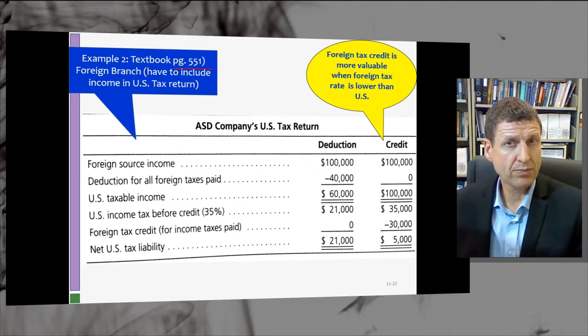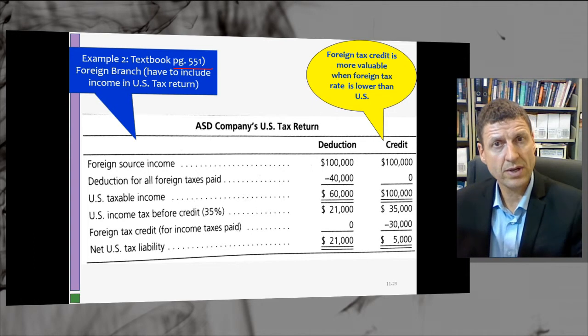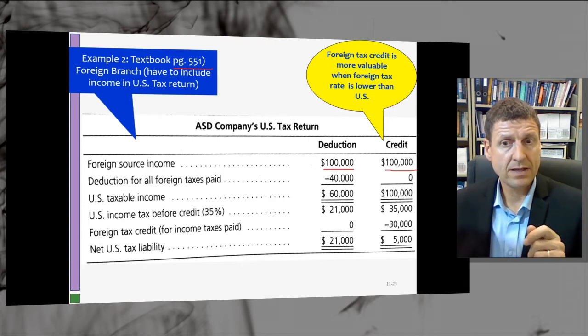Again, this is a foreign branch of a US parent company. What does that mean? Under US tax law, a foreign branch's income is basically the US company's domestic income, and it's added up. That's why understanding how to get a credit, whether it's a deduction approach or a credit approach, is very, very important. So we have a foreign source income of $100,000 in both, but there were taxes paid by